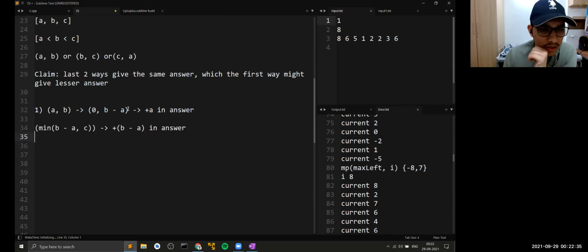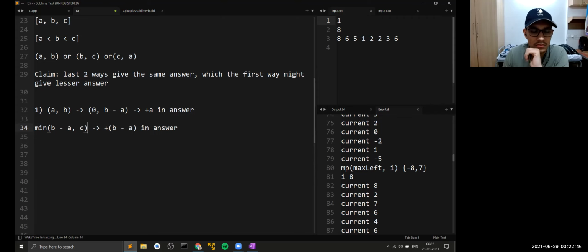Just a minute, what are you saying? I'm not getting that part. Can you repeat that B minus A will be smaller? I think that's correct, definitely. Here we get the total answer as B. Cool. The answer here is B. And in the other case, I think we'll get the answer.